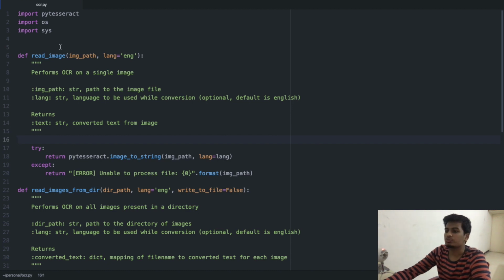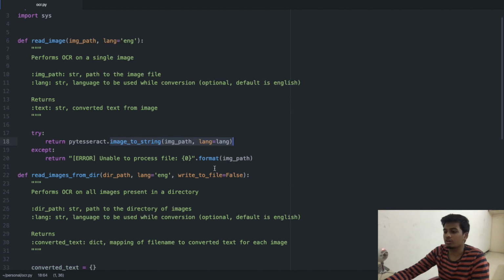It has one function called read_image, which is plain and simple, like we just saw, right? It simply calls the PyTesseract function. It takes in an image path and it also takes in the language which you want it to be converted to, and it just performs a plain old image_to_string function call over here. And if it cannot do that, then it returns an exception saying, error, I can't process the file.